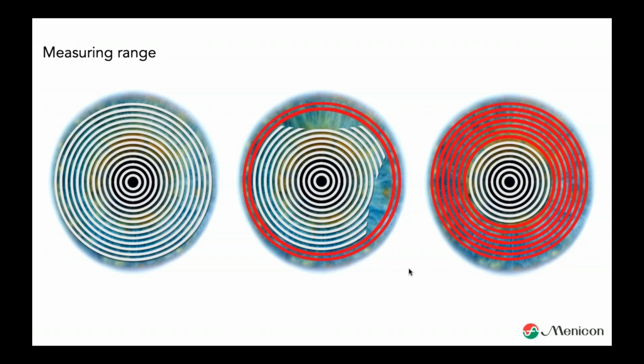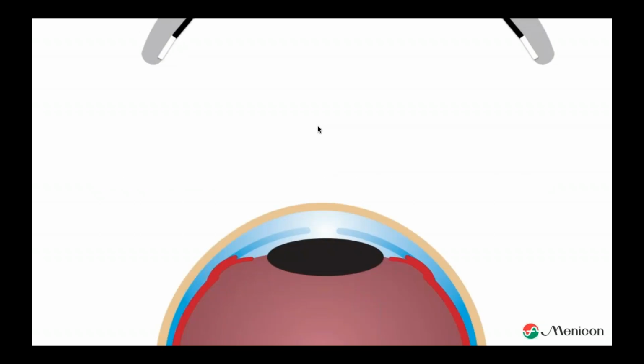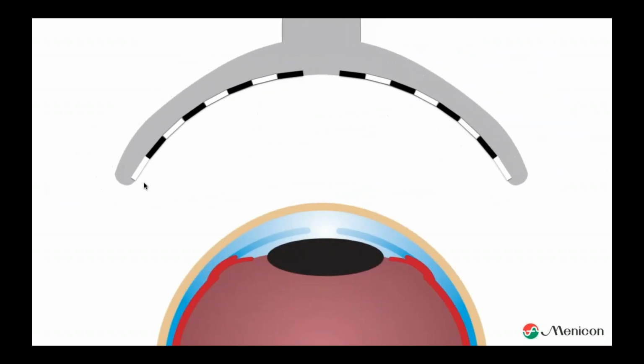There's another thing I learned a couple of years ago, and I want to share with you, because the measuring range also depends on the curvature of the corneal surface. This is a bit of theory, but I think it's interesting to know, because it lets you look differently at your topographer as well. Let's say we have an eye and we have a topographer. What you see happening here is that I tried to create a topographer with my best PowerPoint skills. But just to explain what is actually happening, what is a topographer measuring? Well, I heard stories in the world that a topographer is measuring the height of the cornea. And that's absolutely not true.